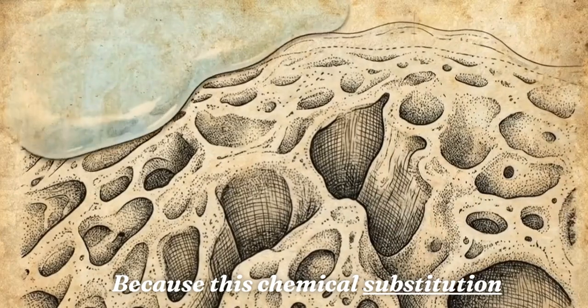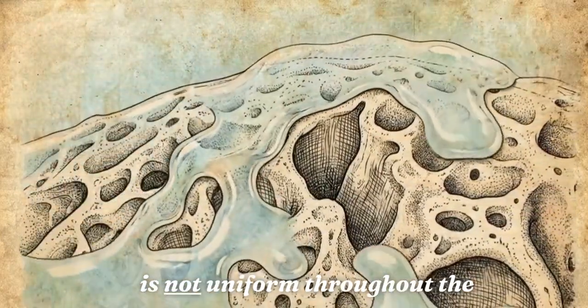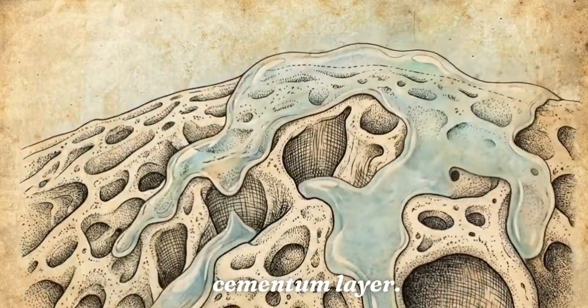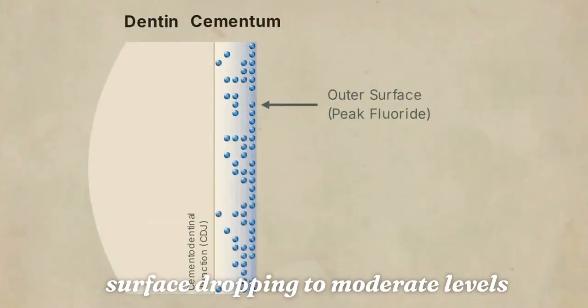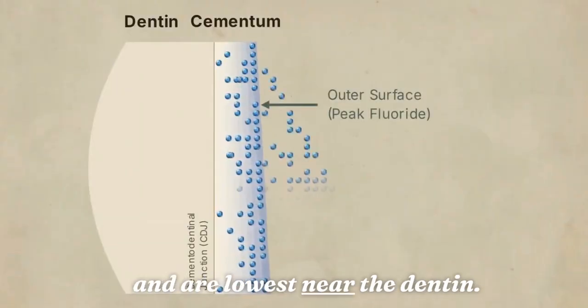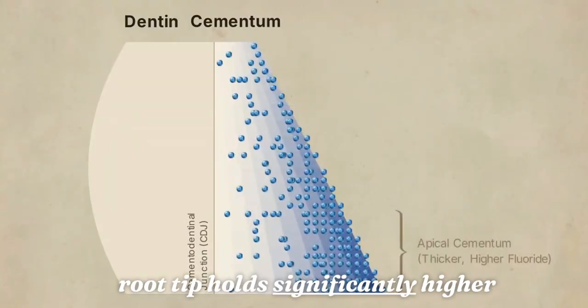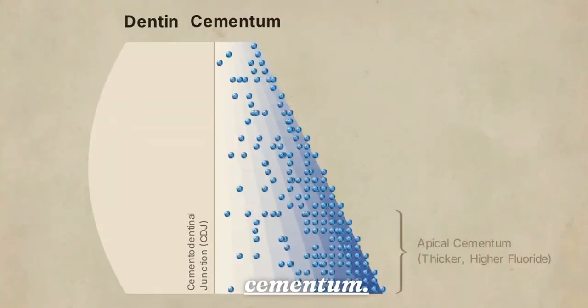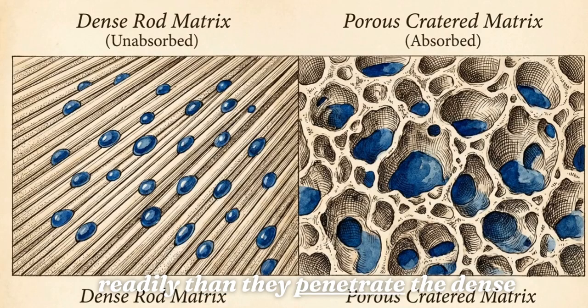Because this chemical substitution occurs primarily through surface exposure, the fluoride incorporation is not uniform throughout the cementum layer. This gradient map demonstrates the strict spatial distribution. Fluoride levels peak at the outermost surface, dropping to moderate levels, and are lowest near the dentin. Vertically, apical cementum at the root tip holds significantly higher concentrations than the cervical cementum. This porous organic matrix is why clinical topical fluoride applications penetrate cementum much more readily than they penetrate the dense,